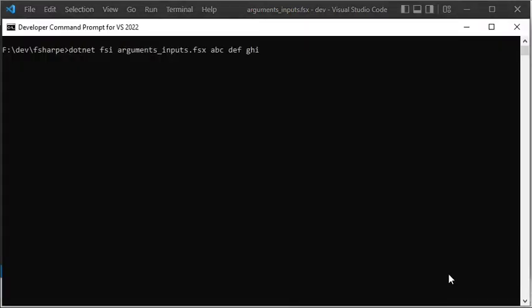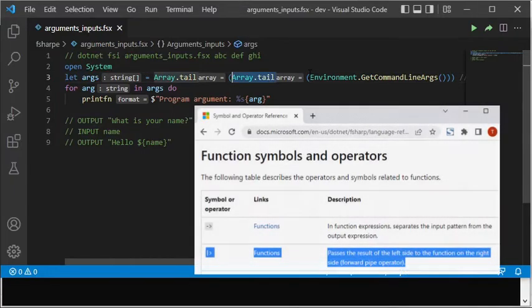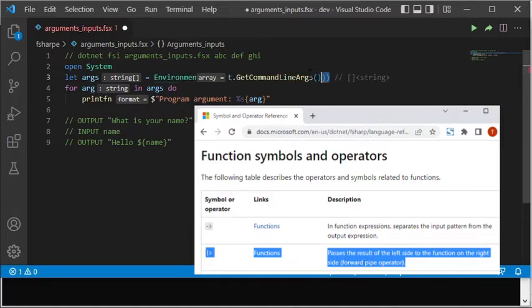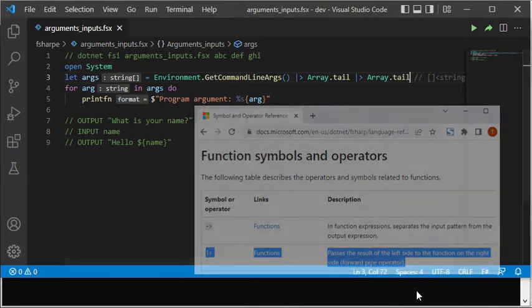When the script is now executed, you can see that it works as it should. Only the actual program arguments are printed on the screen. Now I change the calls to the module function array.tail by now instead using a so-called forward pipe operator, a pipe character and a greater than character, which sends the result from the left side as an argument to what is on the right side, array.tail, and then it is repeated once more, so that the result is sent to another call to the module function array.tail.